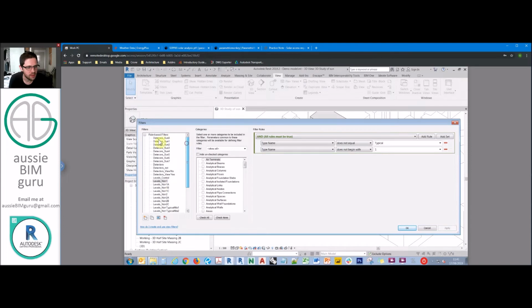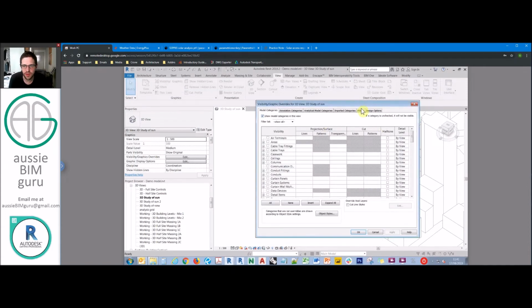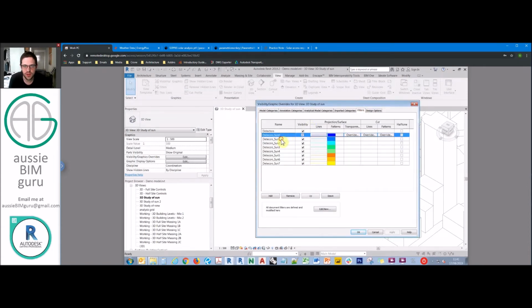And I've just set up a bunch of parameters that basically say the sun hours, do they equal 0, do they equal 1, do they equal 2, 3, 4, 5, 6, 7. So basically these will apply an override on a filter to sensors. At the moment I've set up just a range of colors for each of those filters. So you can see I just go from blue through to green through to yellow,